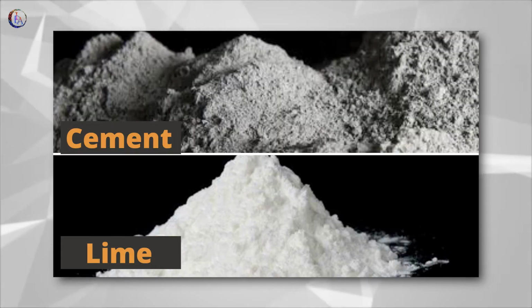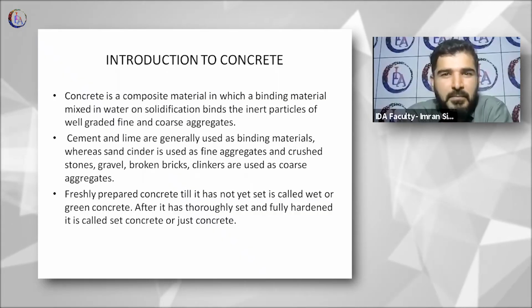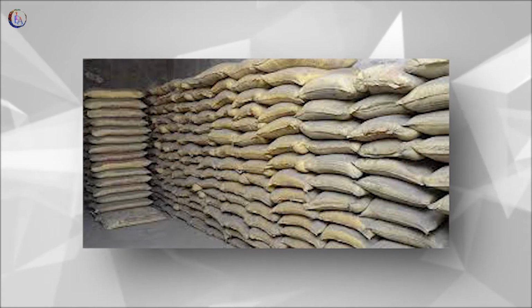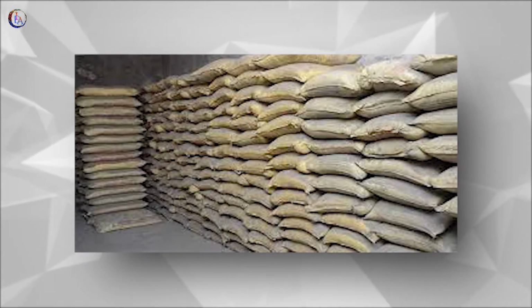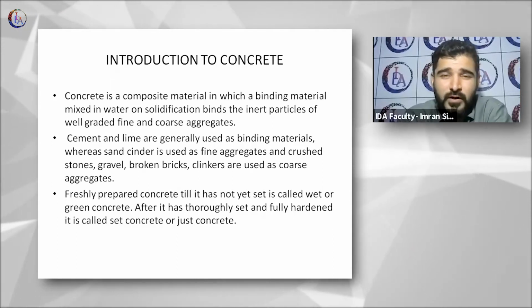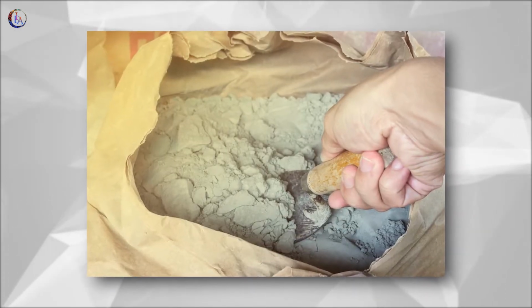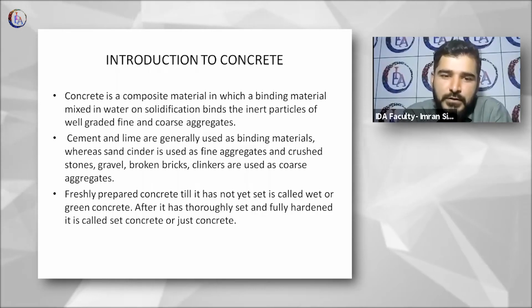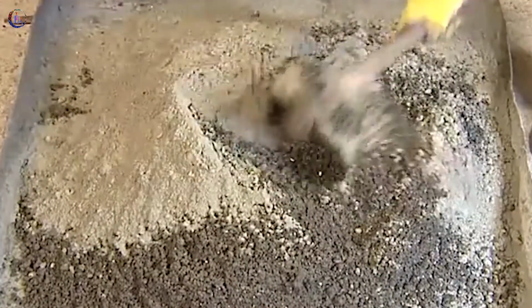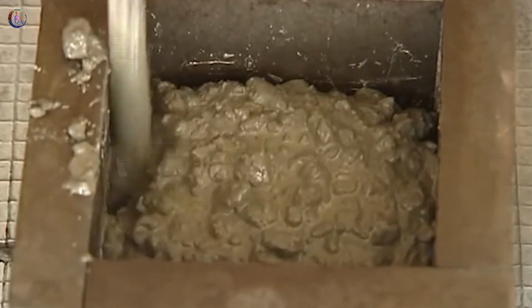Okay. Cement and lime are generally used as binding materials. Majorly it is not lime, but cement that is more often used as a binding material, unless you don't find cement in some places where it is rarely available, which is now not the correct scenario. Yeah, we find cement easily anywhere. So majorly cement is used with sand and aggregates to make a mixture with which cement concrete, or concrete, is made.